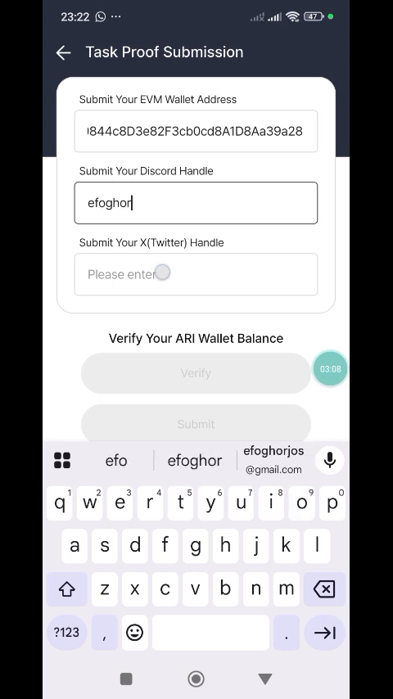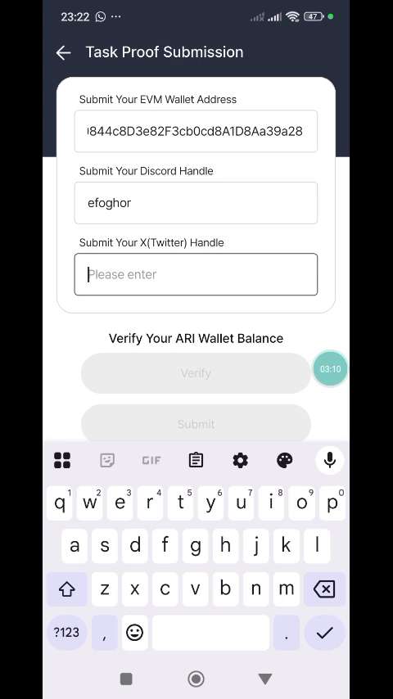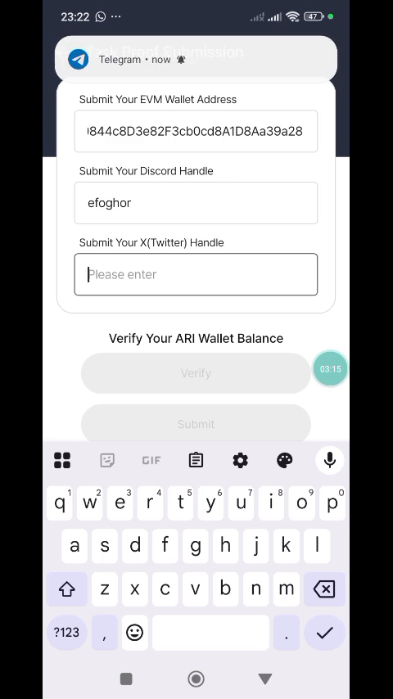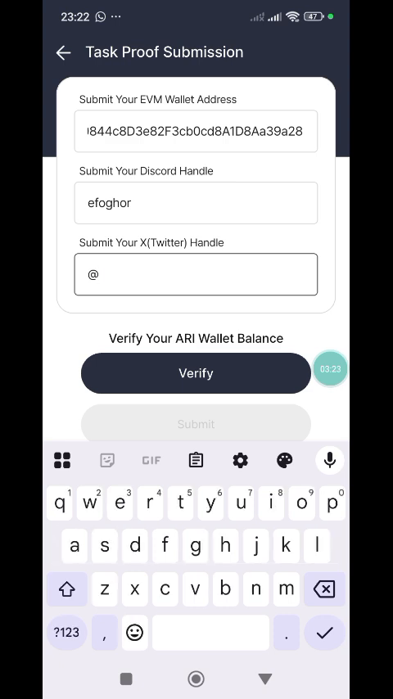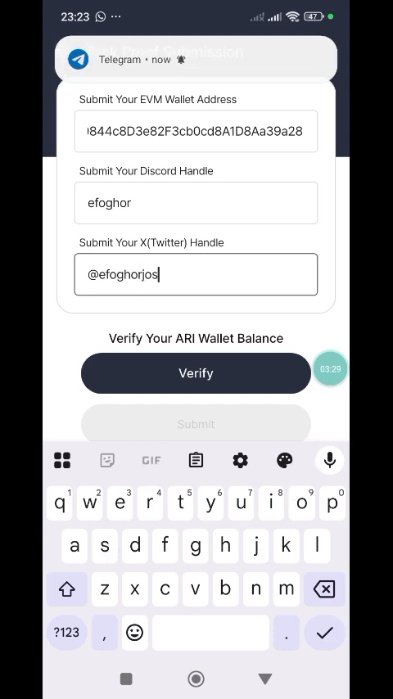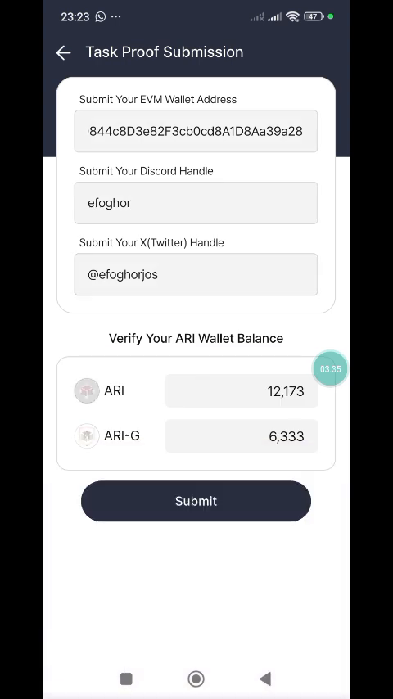Of course, I don't need to tell you how to locate your Twitter handle, which is always easier. You just go to Twitter, you check, you see the one that starts with at. That is it, for instance, my own is at F4Just. So that is it. After that, you click on the verify button,